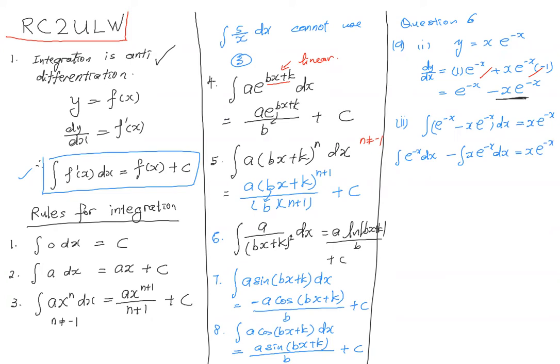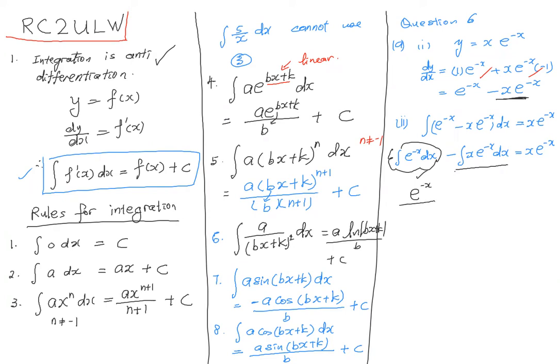Now, what we are interested in is the integral for this part, right? So can I find the integral for this one? I can. I can use rule number 4. So this will be e to the power negative x divided by